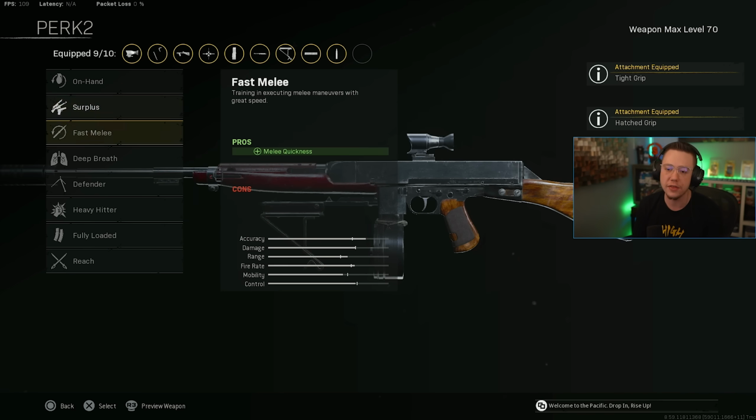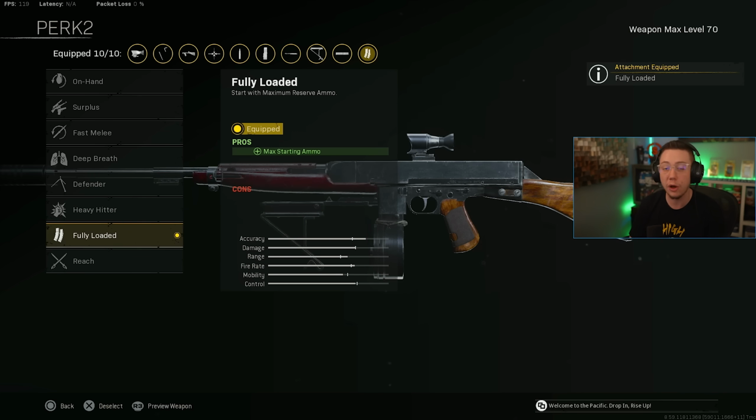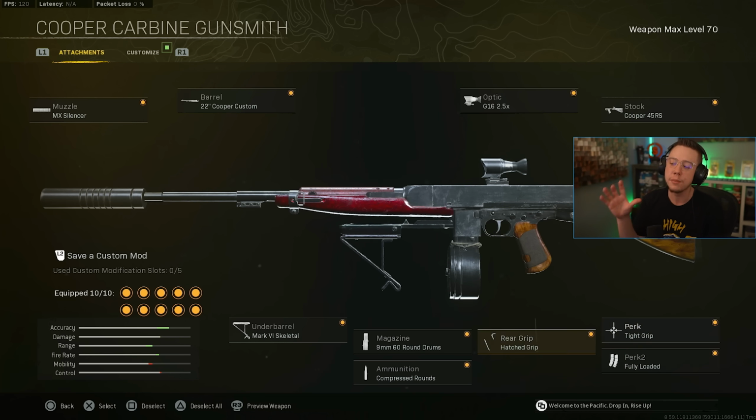Same deal with tight grip. And then lastly, we're going to go for fully loaded on hand. Also a really good choice though too for that faster ADS. But this to me is the most consistent build that I've been using for a long time, and it gets